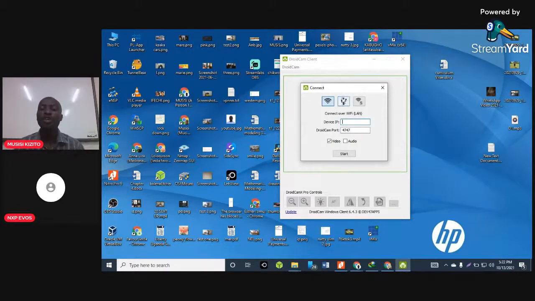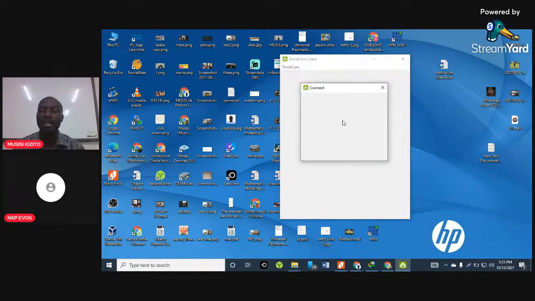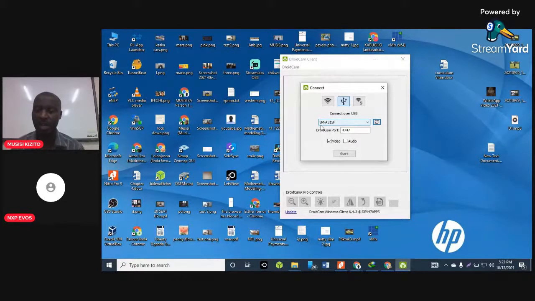All right. After putting in the USB cable, select the USB option in the middle. Then you refresh. Keep on refreshing, and your phone will be recognized here as an external camera. Now my phone has been recognized. SM, that is Samsung, but I've told you other phones also operate. If the application fails to recognize it,